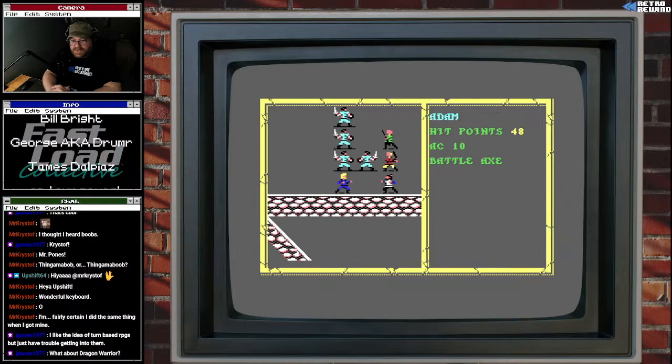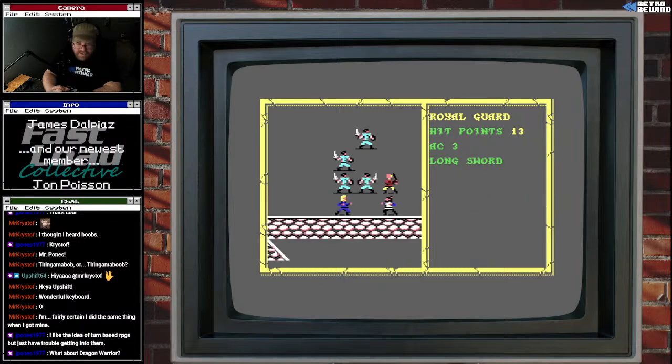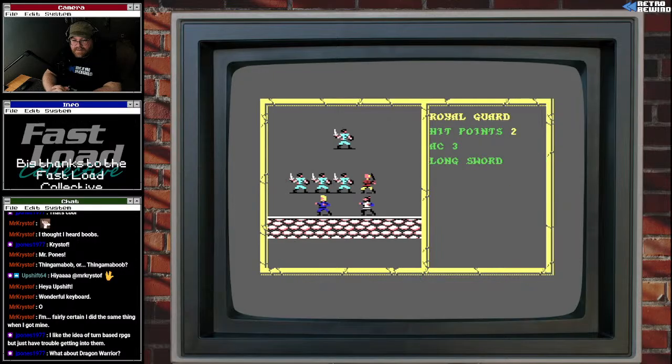Oh my gosh. That's also how Quest for Glory got started, because Sierra had been publishing the Ultima games and they lost the license. So Ken Williams was looking for something to fill the void. And that's when Corey came up with...